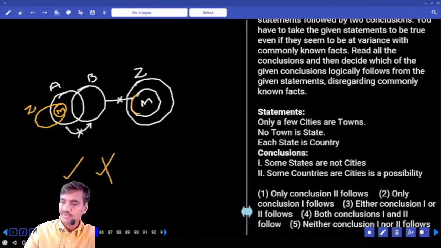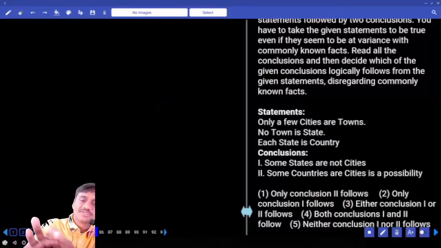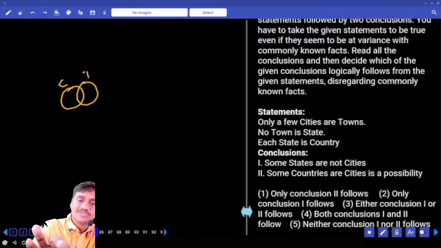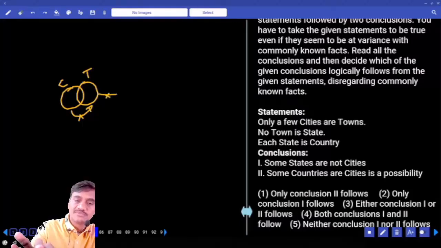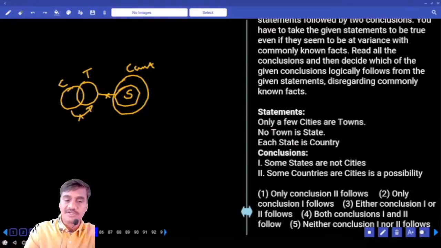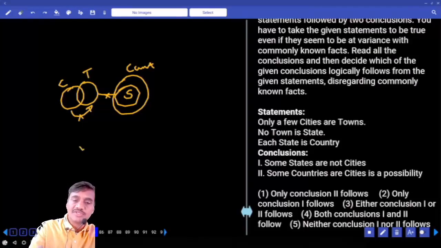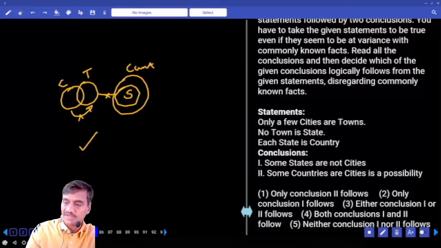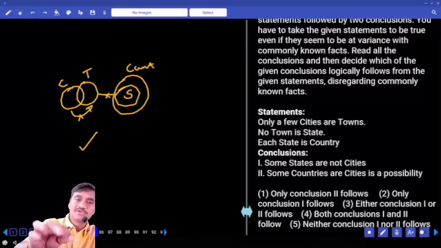Then 85. Now in this one, only a few cities are towns. That means only some cities are towns, but not all. And no town is a state. No intersection between town and state. And each state is a country, which is nothing but all states are countries. Then first one, some states are not cities. As of now, no state is a city, so some states are not cities is also true. Then second one, some countries are cities is possible. As the first one is a negative conclusion,